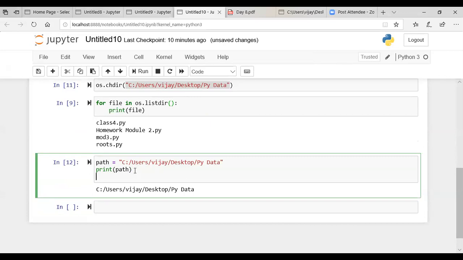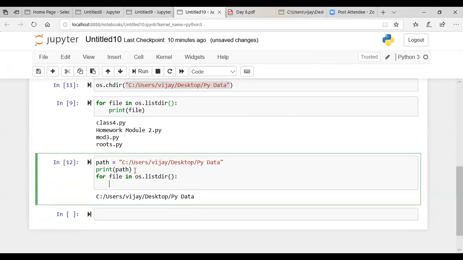Now what I'll be doing is going through the various files which are there in this directory. So you'll be using the for loop. So for file in os.listdir. Now what you have to do is determine the file path. So file path is equal to path, which would be the same for all the files in whichever directory you are working, and then plus, you're putting a slash to indicate the subdirectory or the file, and then I'll put plus file.